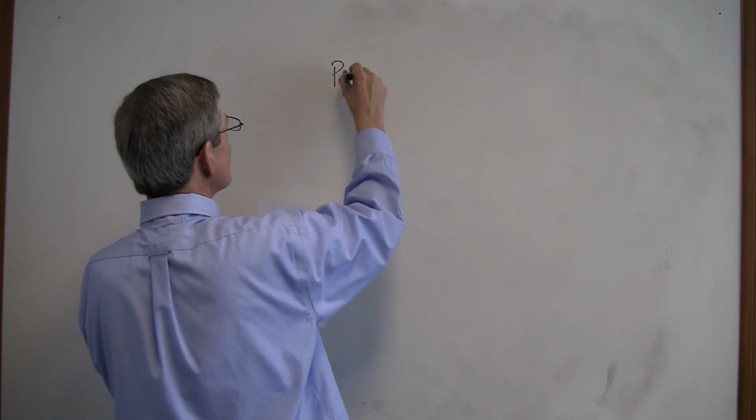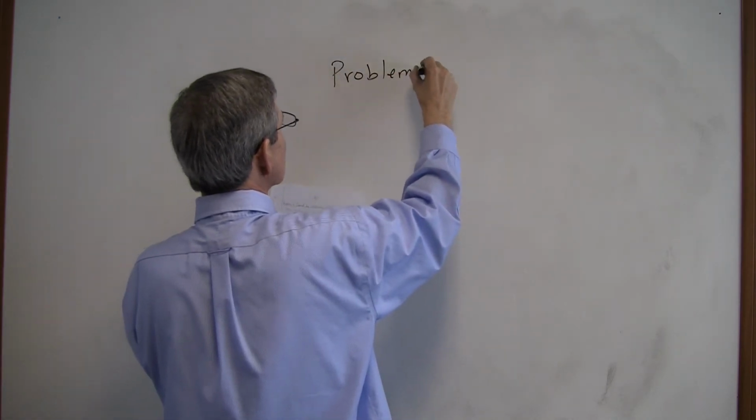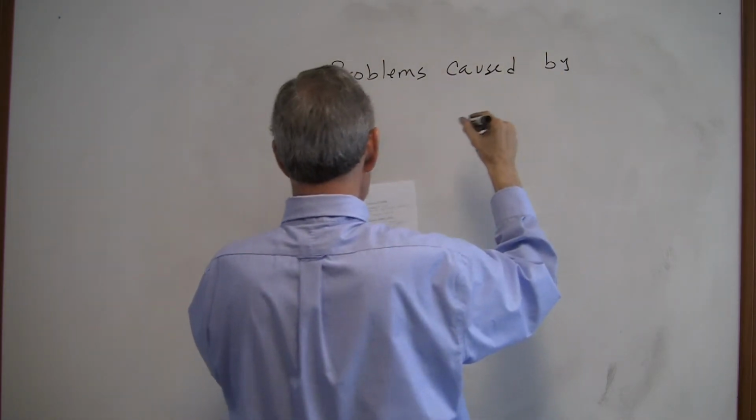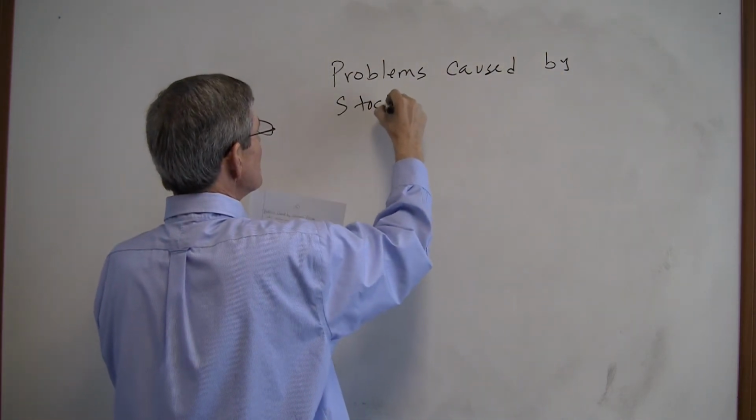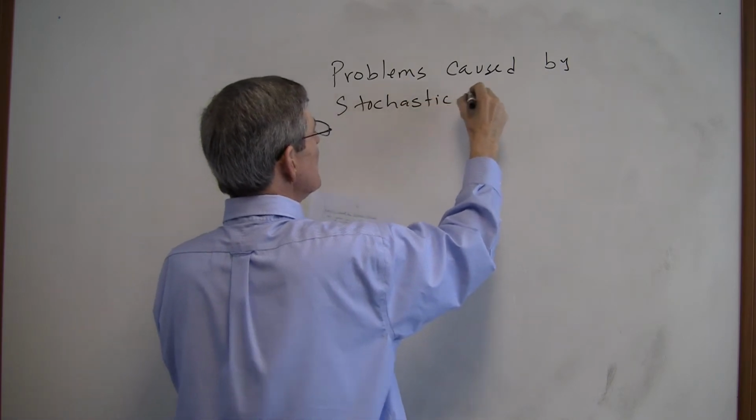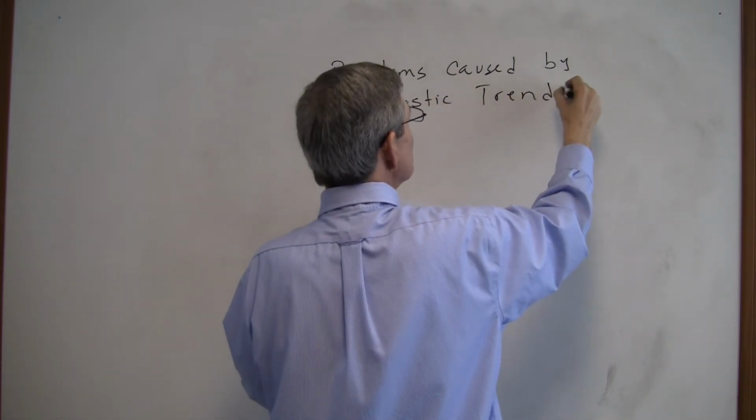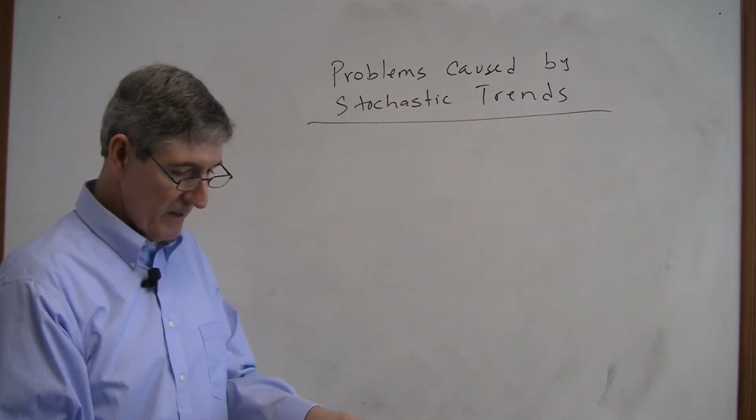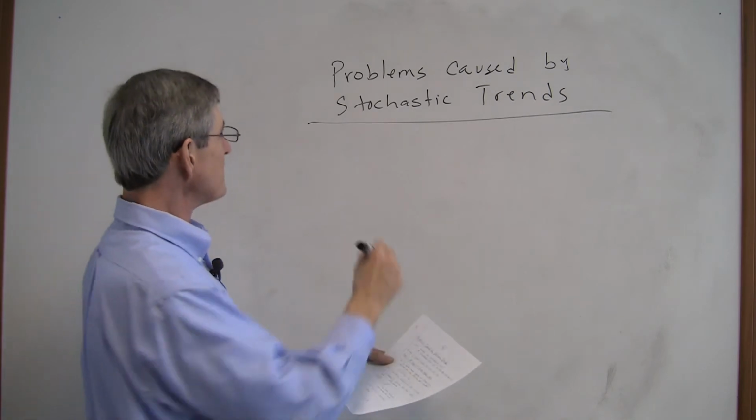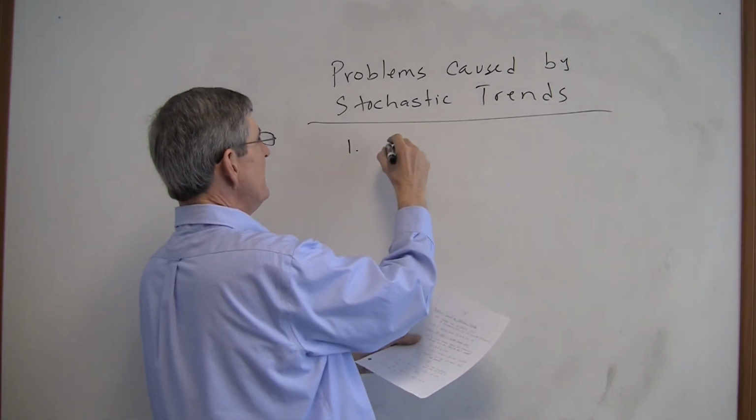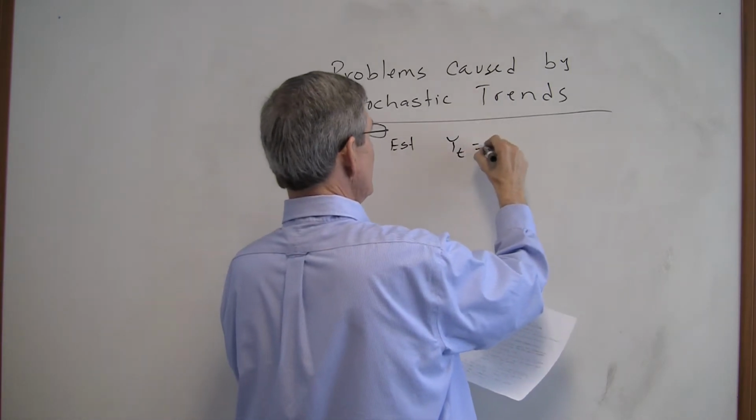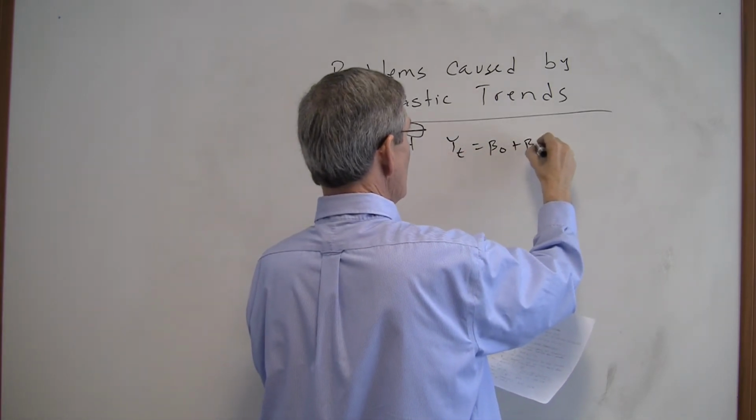Let's talk about the problems caused by unit roots, non-stationarity, problems caused by stochastic trends, which is another way of saying unit roots or non-stationarity, because stochastic trends have unit roots and they're non-stationary, which are the same thing. There's three problems. One, if you estimate, let me just do an AR1, yt equals beta 0 plus beta 1,